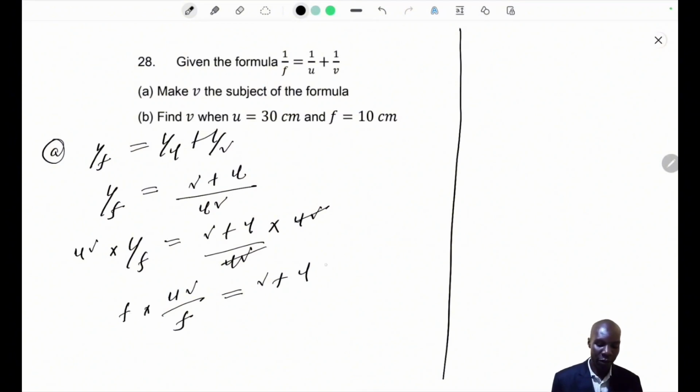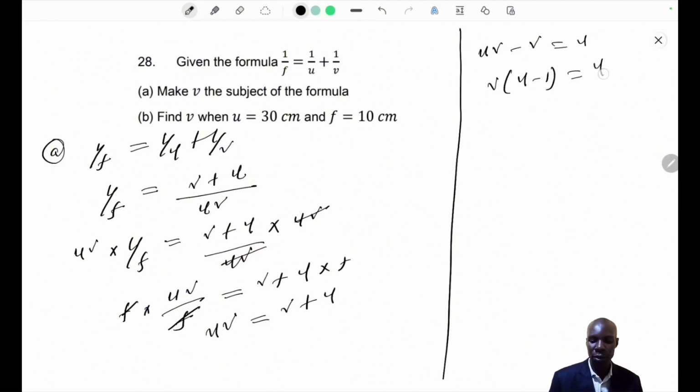Multiply both sides by f, so that cancels out. So we'll have uv equals v plus u. Collect the like terms. uv minus v is equal to u. So v is common in bracket, u minus 1 should be equal to u. So v is equal to u over u minus 1. And that is the answer. So if we want to find v when u is 30,